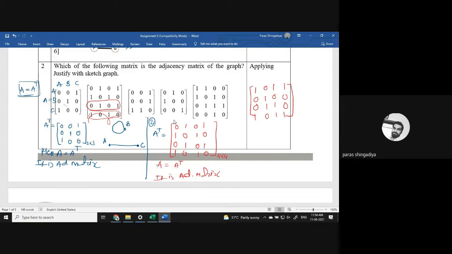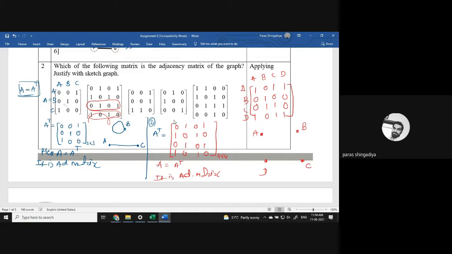Now check whether it is symmetric or not. Clear? And if we draw the directed graph without verification, then it is not possible here. Let's draw the graph. Okay, without verification, we create a graph, but it will not be possible in any case. There is vertex A, there is B, C, and D. So let's mention the notation A, B, C, D.